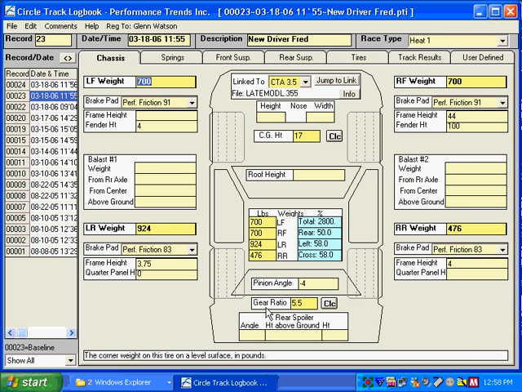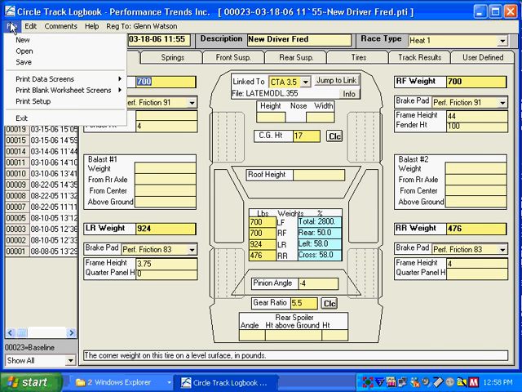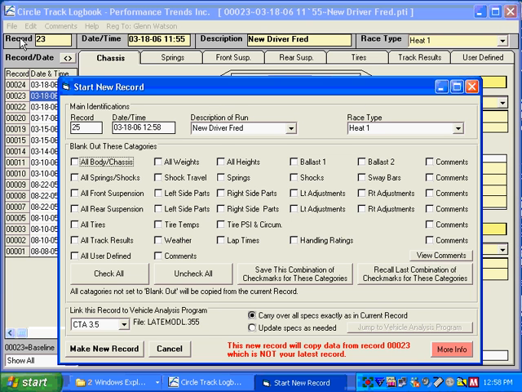The Circle Track Analyzer lets you start a new record based on a current record. For example, we are currently looking at record 23. If you want to start a new record based on this record, meaning most everything from this record will be carried over, make record 23 the current record, then click on File, New,